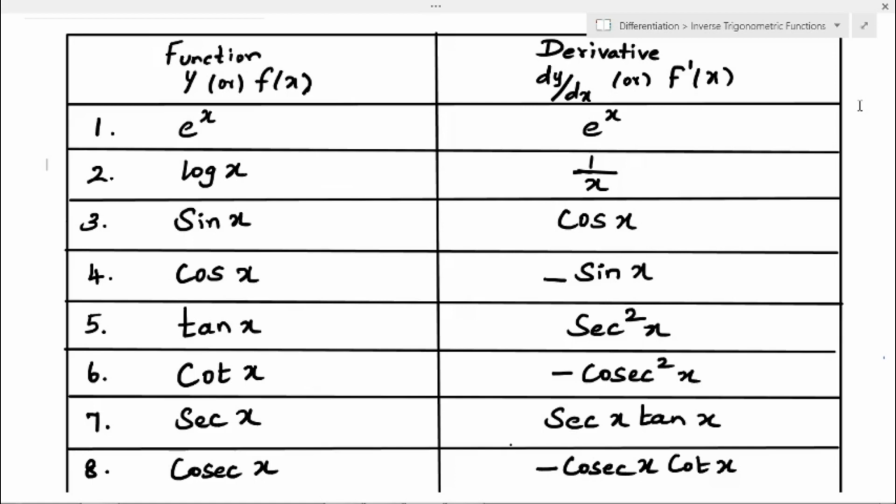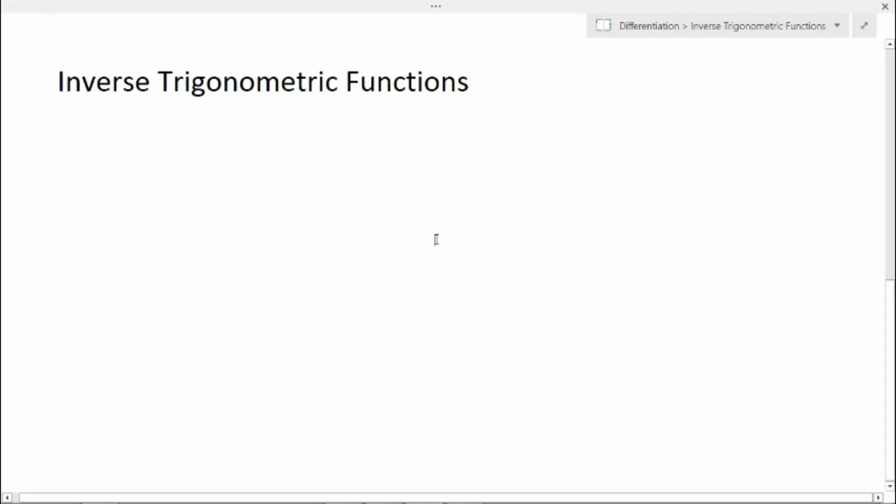So these are the derivatives of trigonometric functions. Now we are going to learn about derivatives of inverse trigonometric functions, that is sin inverse of x, cos inverse of x, and so on. So for inverse trigonometric functions, suppose we have sin theta equal to some x. So we will write this as theta is sin inverse of x, because we are taking this sin to the other side, so it will become sin inverse of x. It means that theta is an angle such that sin theta equal to x, and there are so many values of theta satisfying this equation.